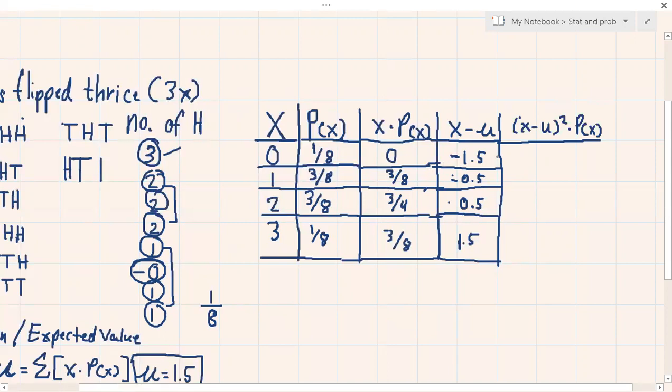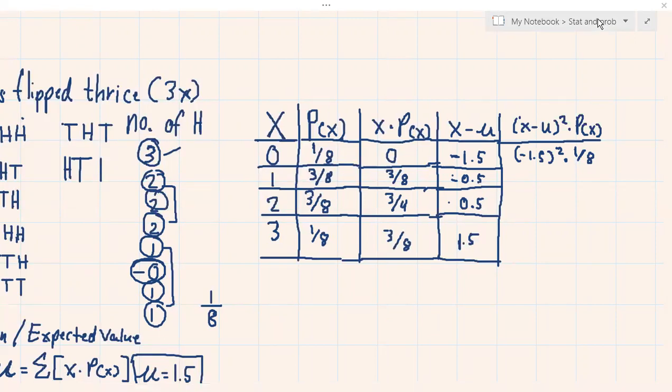So for the first row, here we have this one. Negative 1.5. Tapos square natin siya. Times yung p of x natin, which is 1 all over 8. So the square of negative 1.5 times 1 all over 8 is